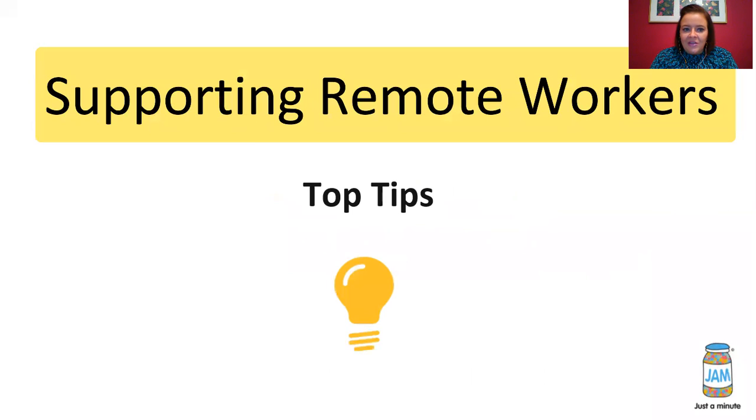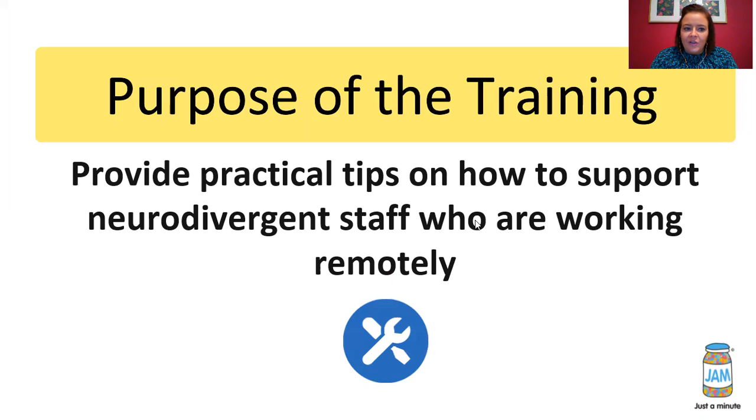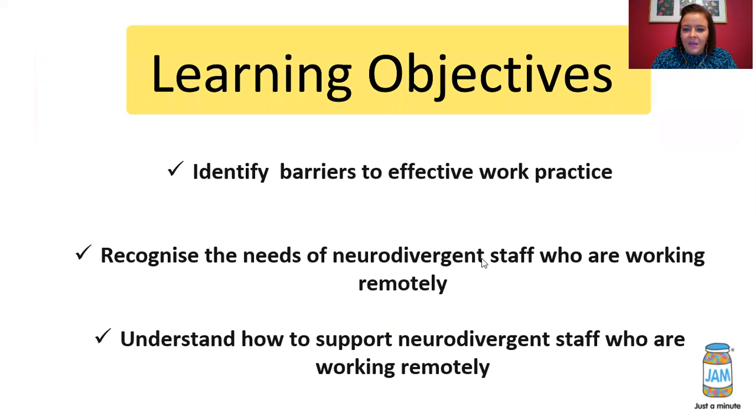So today's training session is going to be around supporting remote workers who are neurodivergent. The purpose of your training today will be for me to provide you with practical tips on how to support neurodivergent staff who are working remotely. By the end of this session today, hopefully you will be able to identify barriers to effective work practice for neurodivergent staff, recognise the needs of neurodivergent staff who are working remotely, and also understand how to support neurodivergent staff